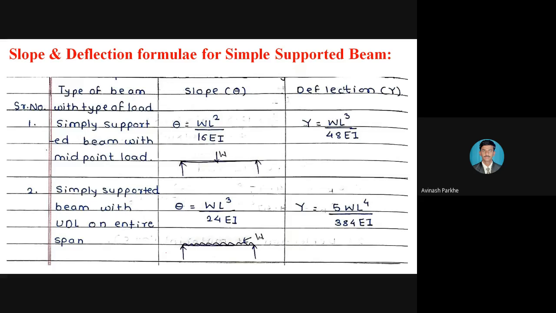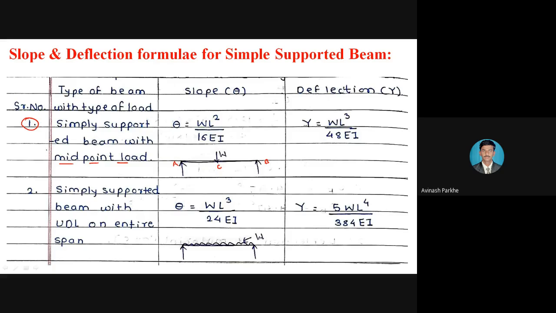And now the slope and deflection formulae for the simply supported beam. So this is very important, because these formulas are asked in your MCQ questions, 101%, please keep in mind. We have only 4 standard cases. Out of that, for the simply supported beam, what is case number 1? Let us see. The first column represents the serial number, the second column represents the type of beam, the third column represents the slope formula, and the fourth column represents the deflection formula. So what is case number 1? Simply supported beam with midpoint load. In the figure I have drawn here, one simply supported beam AB, and the point load is applied at the point C.